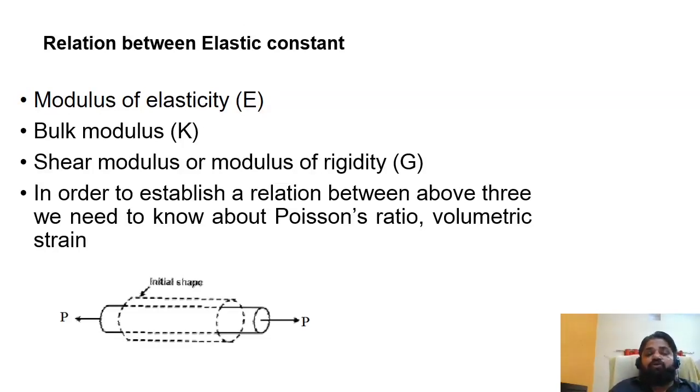Now a figure has been shown, and that figure shows an initial shape and a final shape. The dotted line represents the initial shape, and the solid line shows the final shape. That means if an elongating or tensile kind of force is attached to a body, then the body may change to a new shape. It will have a higher length, and the corresponding dimensions have changed. Now if I know the force I have applied and I know the area, how to establish this? If a tensile load is applied, it will try to elongate.